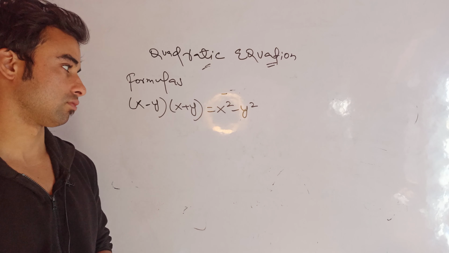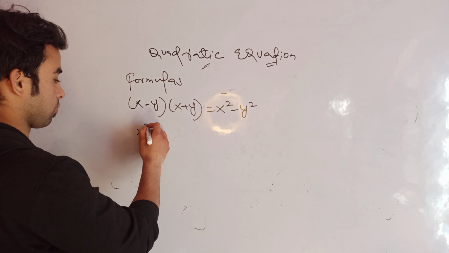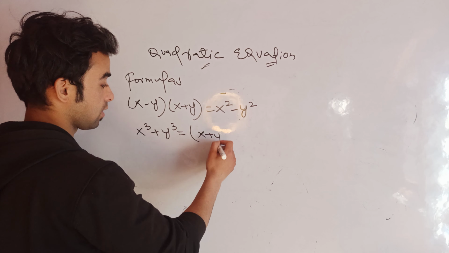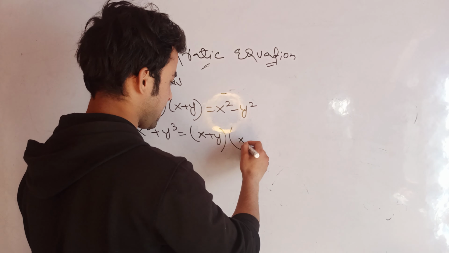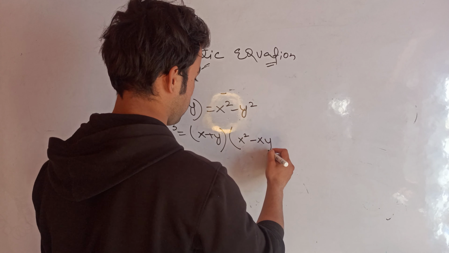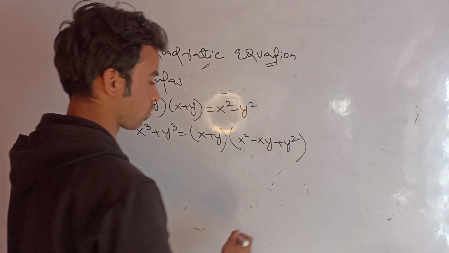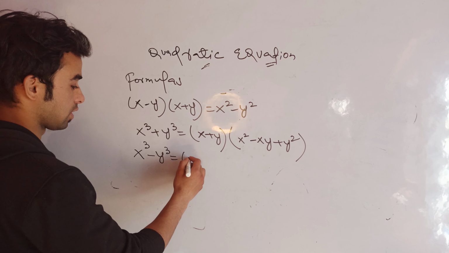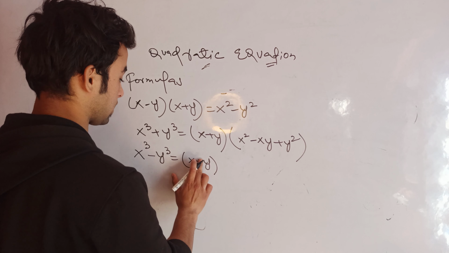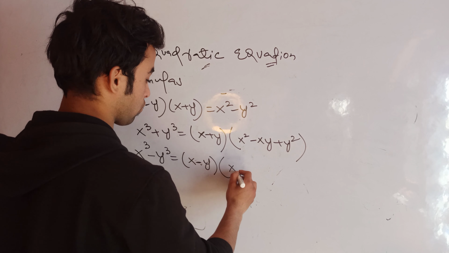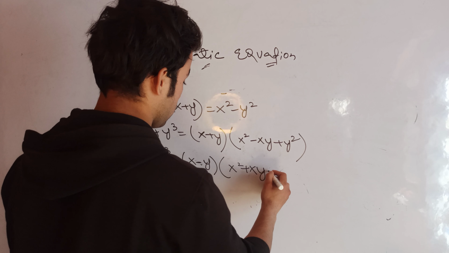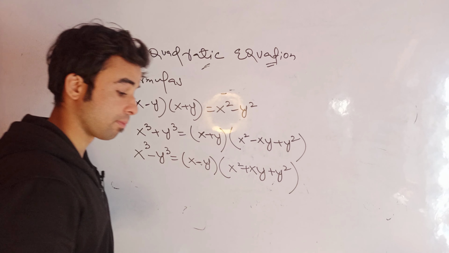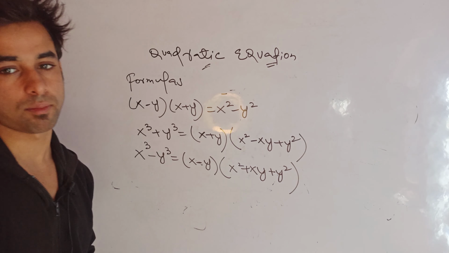The second one, also important in my opinion: x cubed plus y cubed is equal to (x plus y) multiplied by (x squared minus xy plus y squared). And one more along with it is x cubed minus y cubed. That's mathematically equal to (x minus y), sorry, it's x minus y here, and (x squared plus xy plus y squared). So these are the three important formulas,